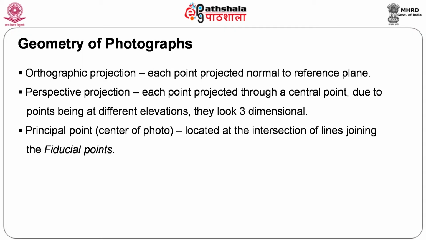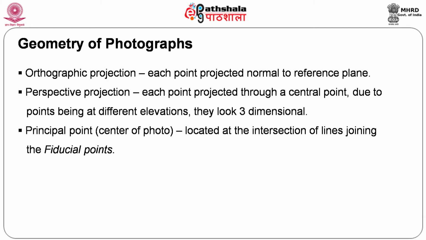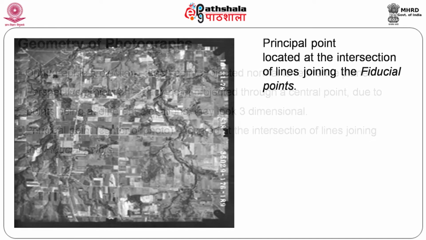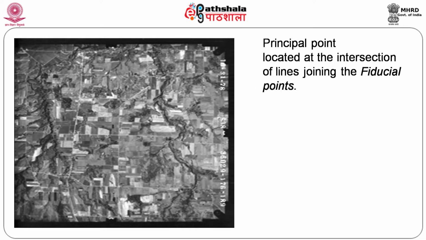Orthogonal projection is nothing but sending light rays exactly parallel to one another; they will never coincide with each other. Of course, when you talk about what is known as a principal point, a very important aspect of an aerial photograph, it is nothing but the center of the photograph. This is obtained by joining the fiducial marks at the corners of the photograph. Yes, the principal point is this one, you can see here a cross wire, and this is the principal point, and these are the fiducial marks which are marked on the photograph, and they are joined together to obtain the principal point.